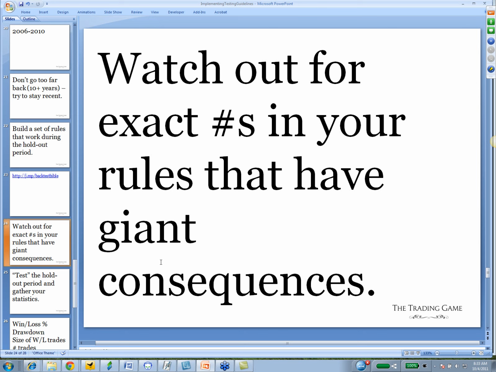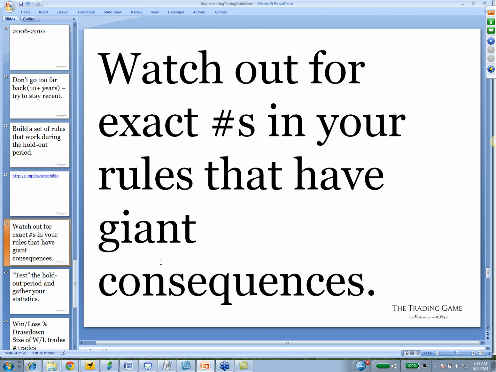You don't want to do that. You don't want to build a trading system that depends on having a 31 pip profit target as opposed to a 32 pip profit target. You probably don't want a trading system that depends on a 40 pip as opposed to a 30 pip. You want a trading methodology that works in the holdout period